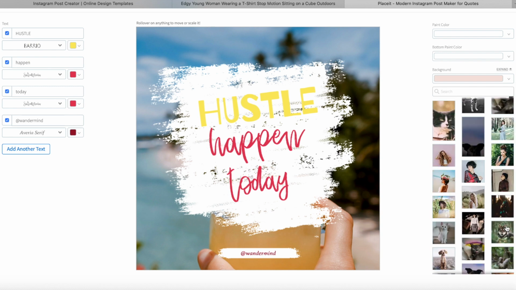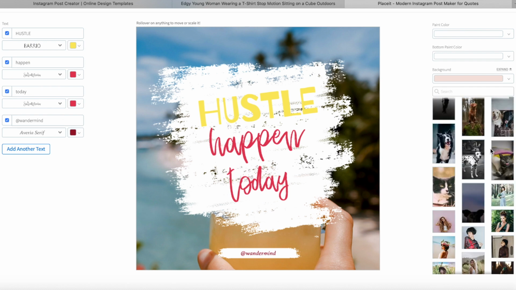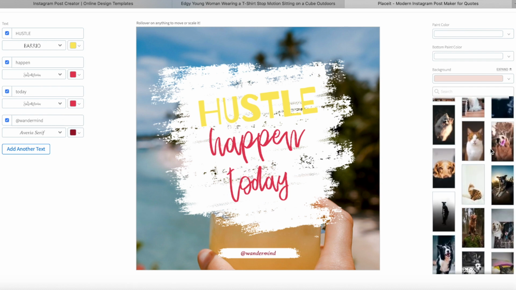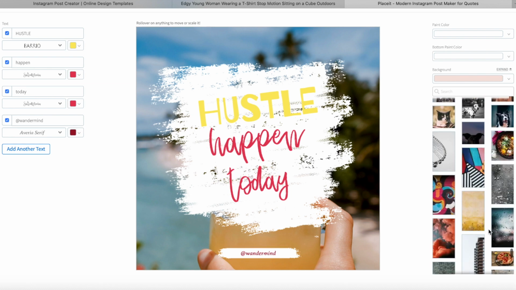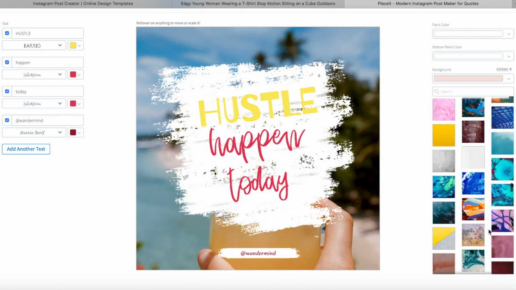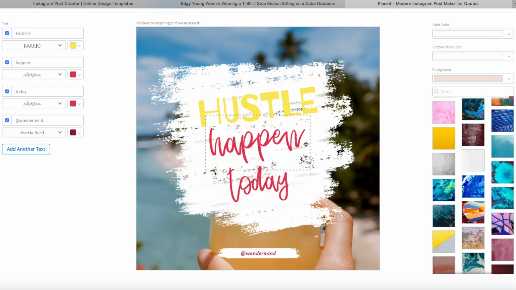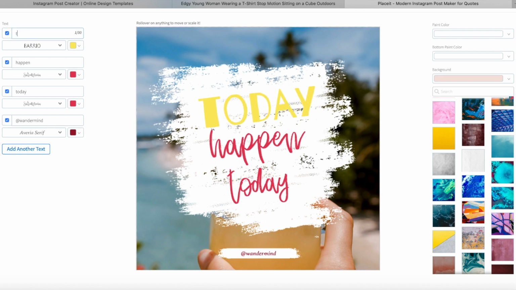Another thing is everything that you see down on the side, all these images are copyright free. They're all commercially usable. Again, anything you download from Placeit is fully commercially usable. So all these images, you don't have to go elsewhere to find images. You can scroll right through here, which makes it super easy. So for these types of posts, remember they need to be inspirational or educational or even entertaining. Again, I'll link to a video that goes over this overall social media strategy in more detail, but as far as creating the content, this I want to go with today